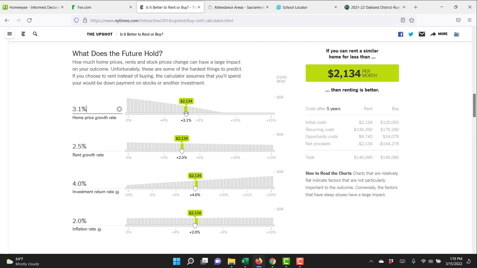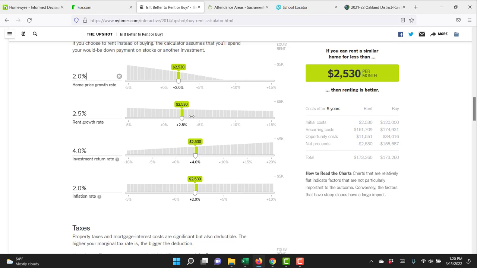Historically, it's been around 3%, which is, I think, why they kept the default around 3. But let's say we've just come off a period of really high property value growth. And if your opinion is, hey, I don't see the property values growing at the same rate for the next 5 years at 3% a year, and it's actually been higher for the past 5 years. But let's say we're kind of pessimistic and we're going to keep it at 2% a year. It raises the equivalent rent a lot. So this opens the door and pushes us more towards being a renter as we have less home price growth. Okay,